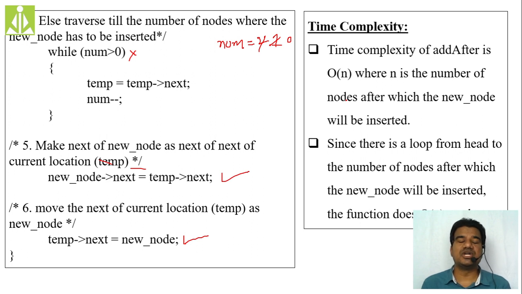Maybe the user will use that function to insert a newly created node at the first location itself, or after 10 nodes, after 15 nodes, after 100 nodes. It is an unknown number. That is the reason why, in this while loop, how many times the loop will iterate depends on this variable, which is completely unknown. It is exactly the number the end user is giving over here, isn't it? As this is an unknown number, we consider this loop will iterate n number of times.